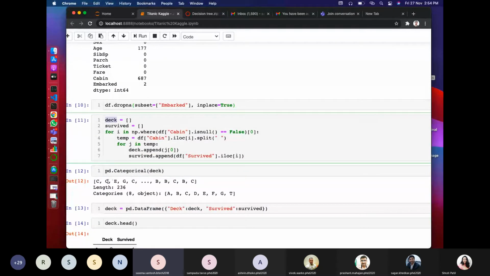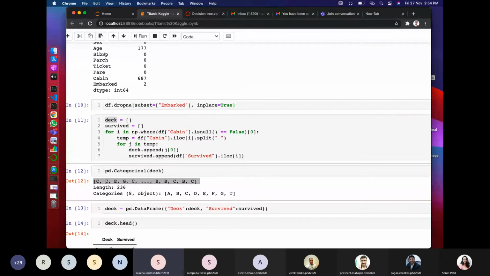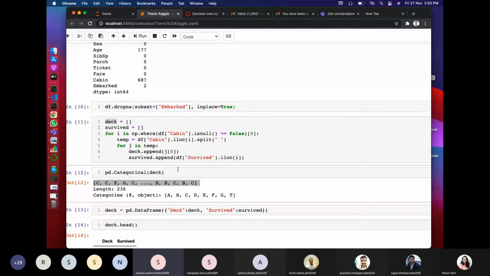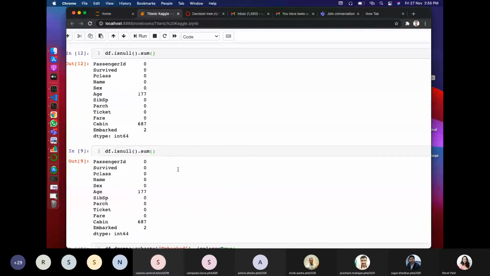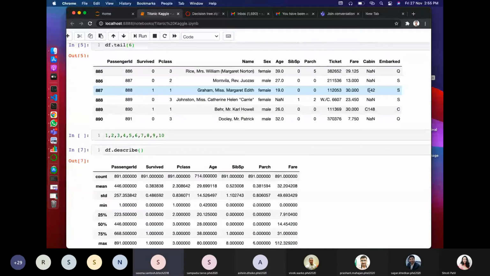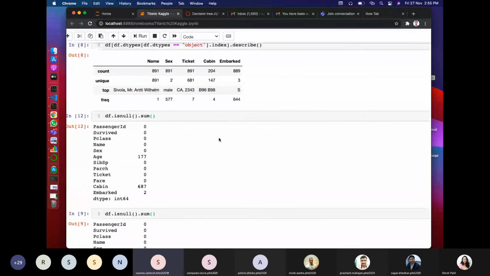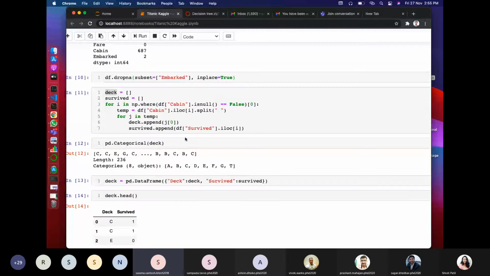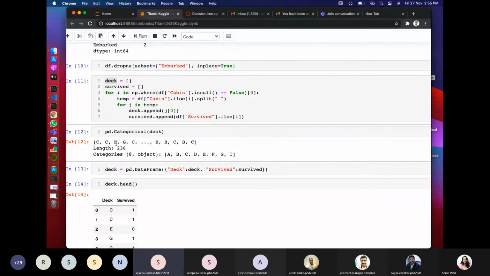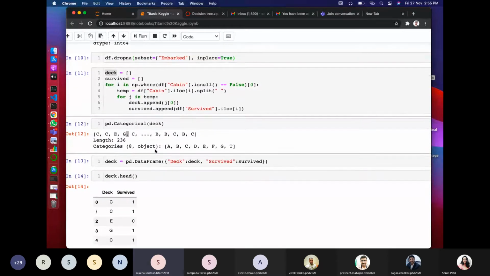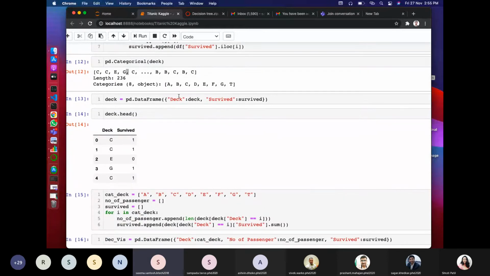With respect to cabin, I am extracting the cabin deck letter. As you can see, B42. We don't want 42. We want only the deck letter, which is B, or here it is C. So we want to extract that. For that, code is written which gives me all the deck values available in the cabin section. That is converted into a data frame, with deck values and survived values.